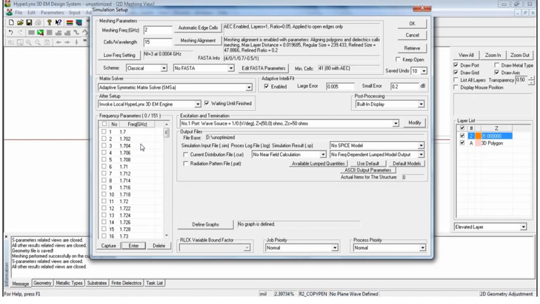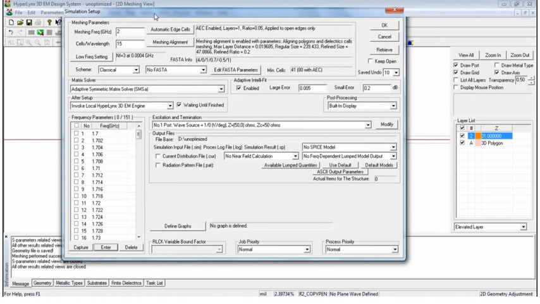So IE3D has a smart engine called AI, that is Adaptive IntelliFit. What it will do is remove the redundancy in your simulation. Like the results of certain frequency points are similar, so it will not simulate the structure for all those frequencies. It will select some frequencies, and it will try to reduce the simulation time. If you try to simulate it for 151 frequency points, it is not time consuming. So it has a smart simulation engine which identifies those frequencies which are necessary for simulation. Okay. So once it is done,